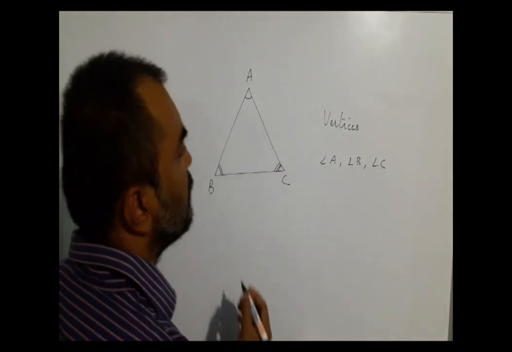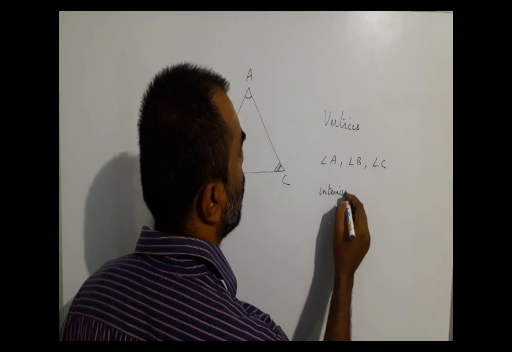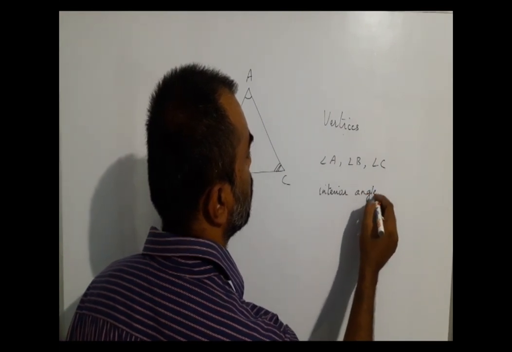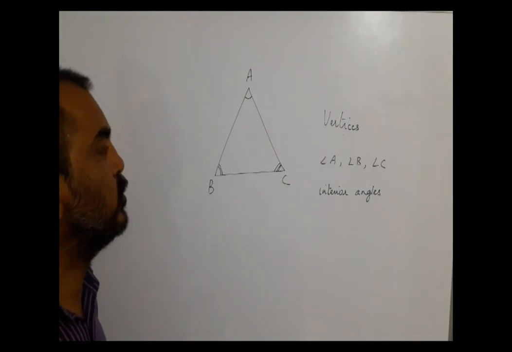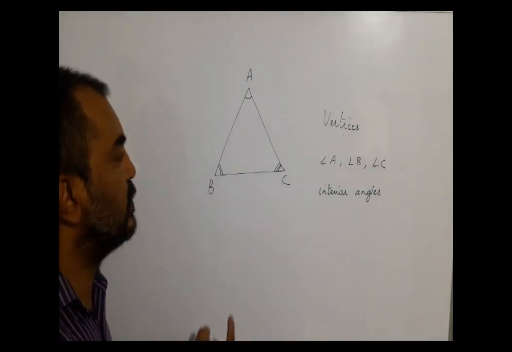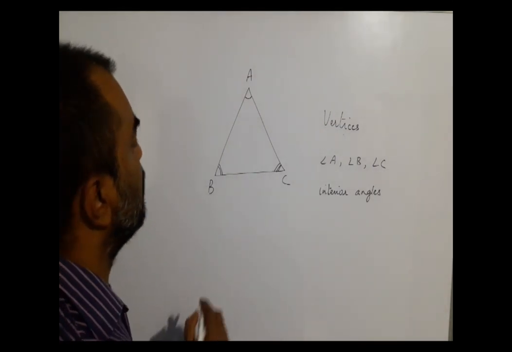Now I have drawn them on the inside, so they are called the interior angles of the triangle. So a triangle has something called an interior angle. Now actually I should not write only this name because you will see what the error is. So these are the interior angles. And what is an exterior angle?